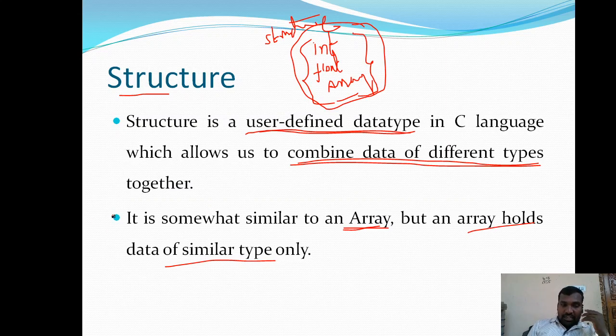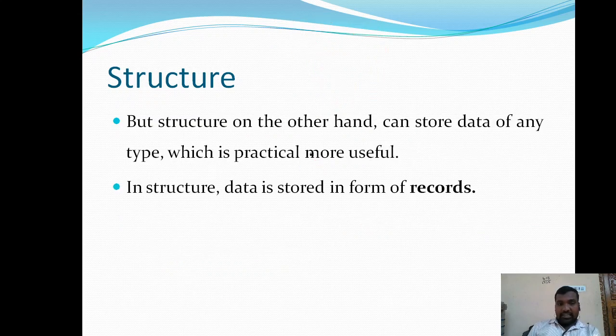As we know, arrays can accommodate only similar type of data. Structures can store data of any type, which is practical and more useful. Handling different kinds of data with a single name is more useful in the real world. In structures, data is stored in the form of records, and a record may contain any kind of data.